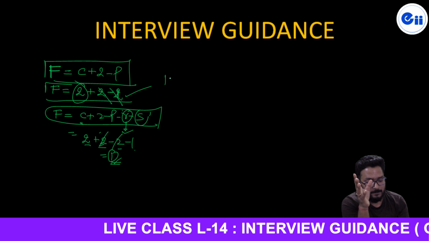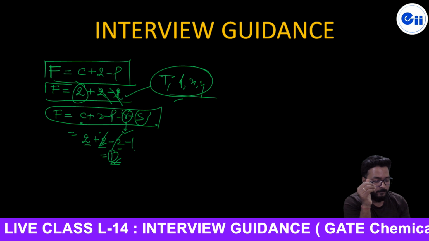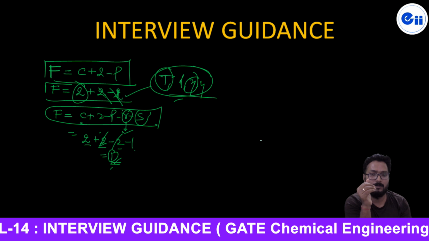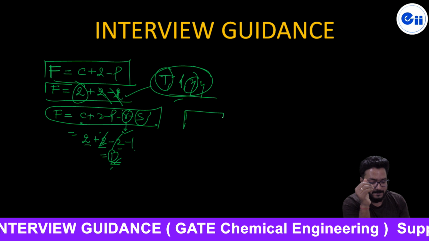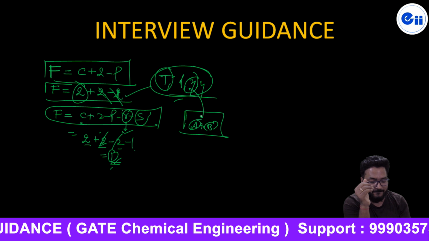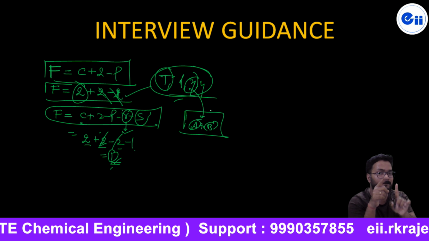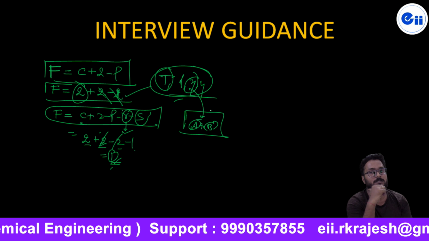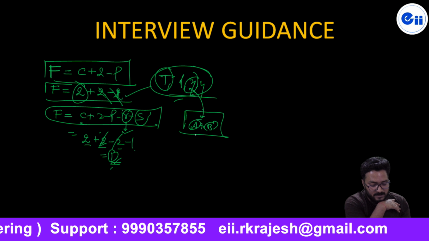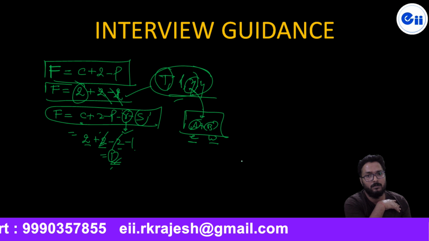It means only one thing we have to fix to define the other 3. And what are the variables? Total variables are temperature, pressure, x and y. It means out of 4, if any one is fixed, let's say I have fixed the temperature or I have fixed the composition x. It means if I have a mixture of A plus B, ethanol and water, and I have fixed the composition at the azeotropic condition, then at the azeotropic composition only one variable is to be fixed to define the whole system. So here, let's say I am going to consider ethanol and water, E for ethanol, W for water mixture.